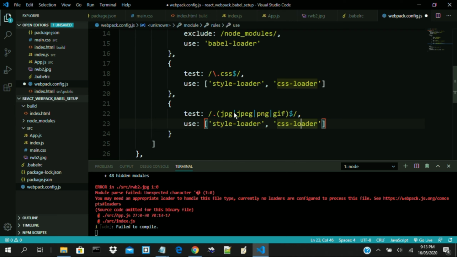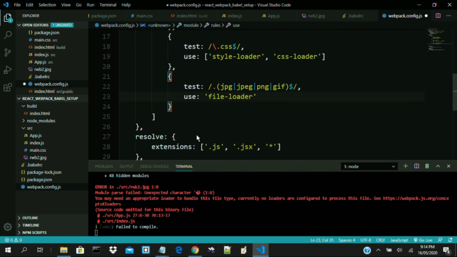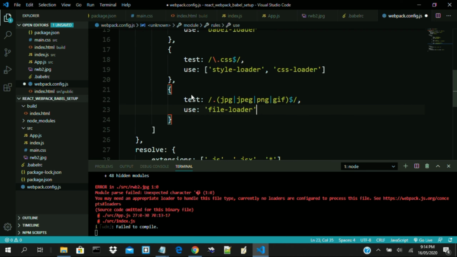So if you have JPG or JPEG or PNG or GIF, and if you are going to be working with PDFs or Microsoft Word document files and other files, you include them here. Okay,